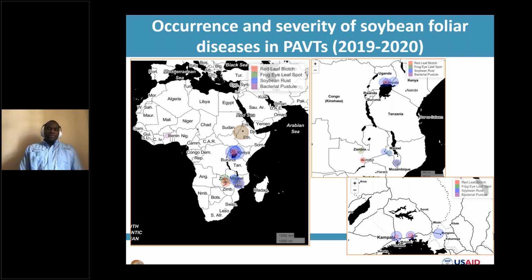When you look at the severity of the diseases, we also recognize that the severity of these diseases differs. And in this map, we present 4 different diseases that are represented by the